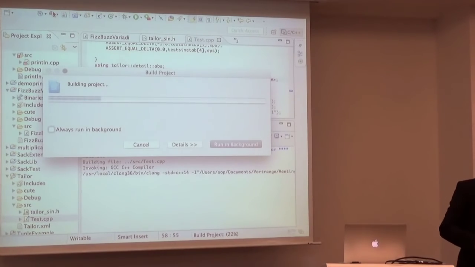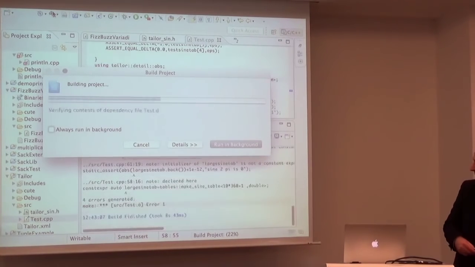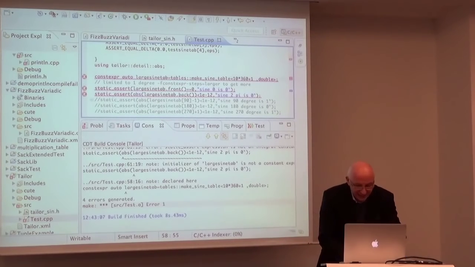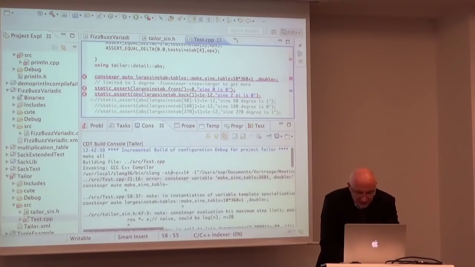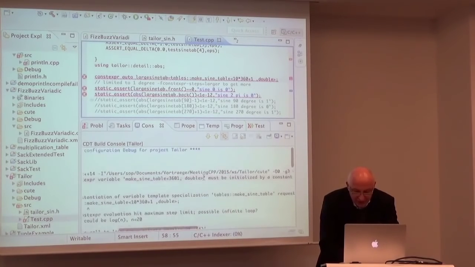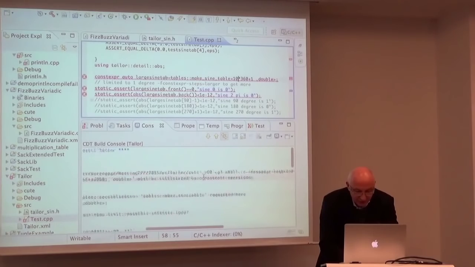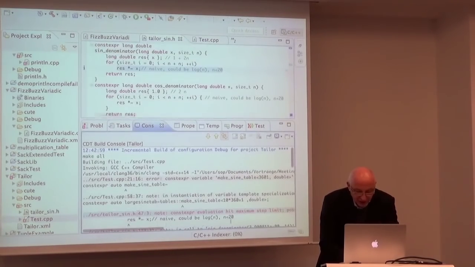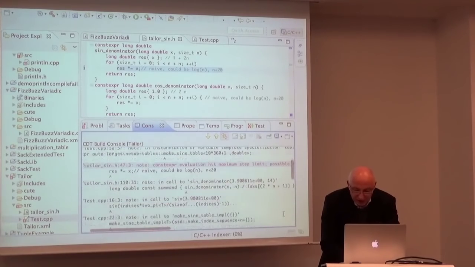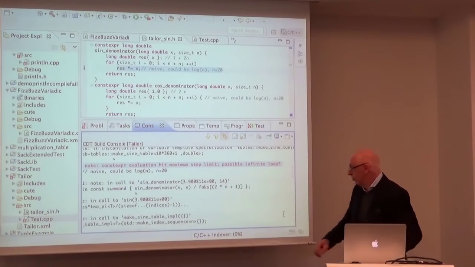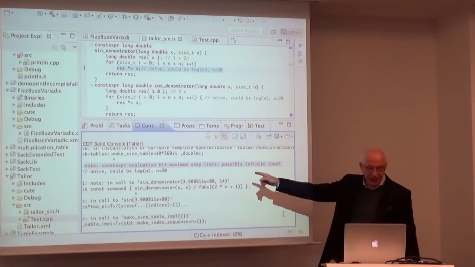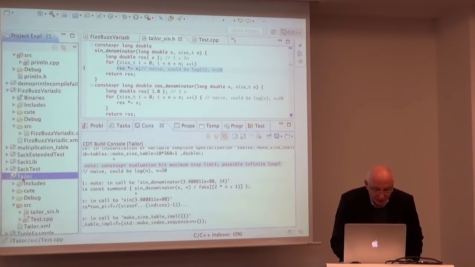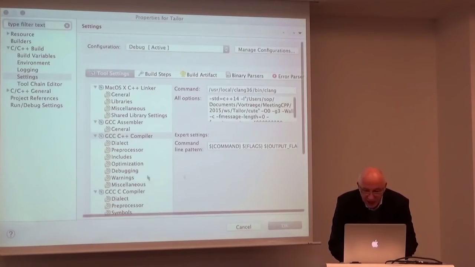So questions? And we get an interesting compile error. Now we can cheat again because what it actually says is constexpr variable must be initialized by a constant expression. But actually what happened is constexpr evaluation hit maximum step limit, possible infinite loop. So the compiler protects itself,